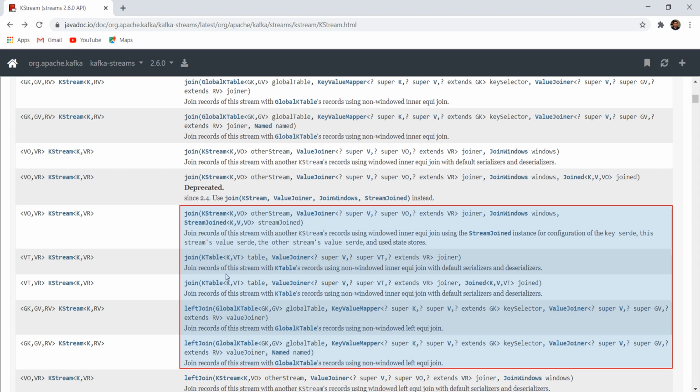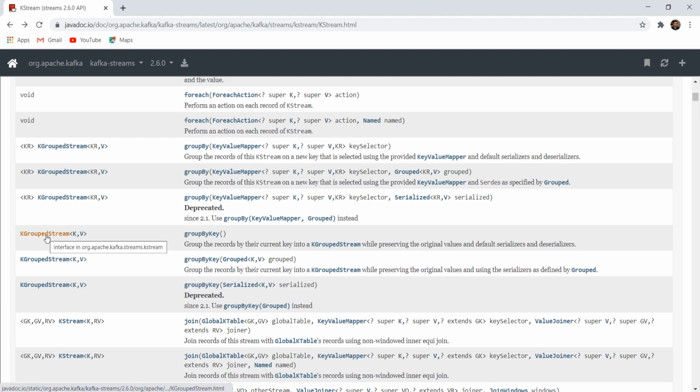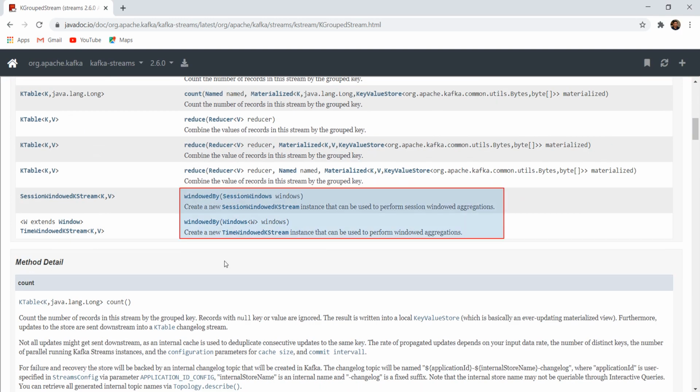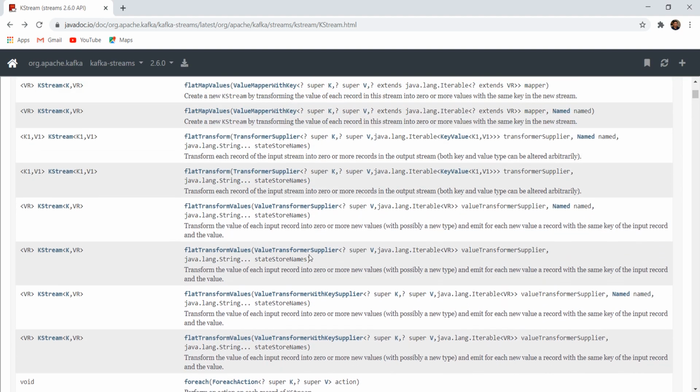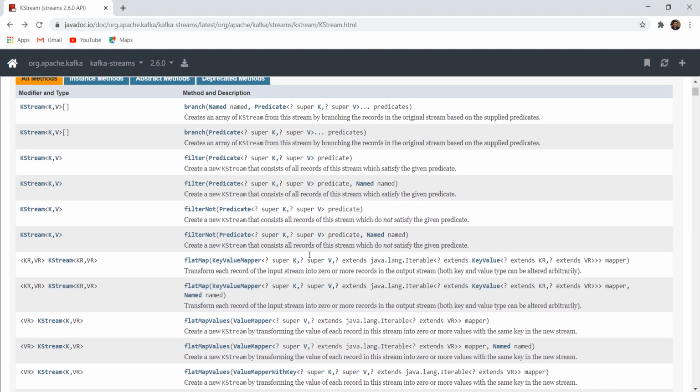You can join them together like you will join a database table. You can create time-based windows and compute windowing aggregates on these tables. All such transformations and operations are available to us as methods on the KStream and KTable.